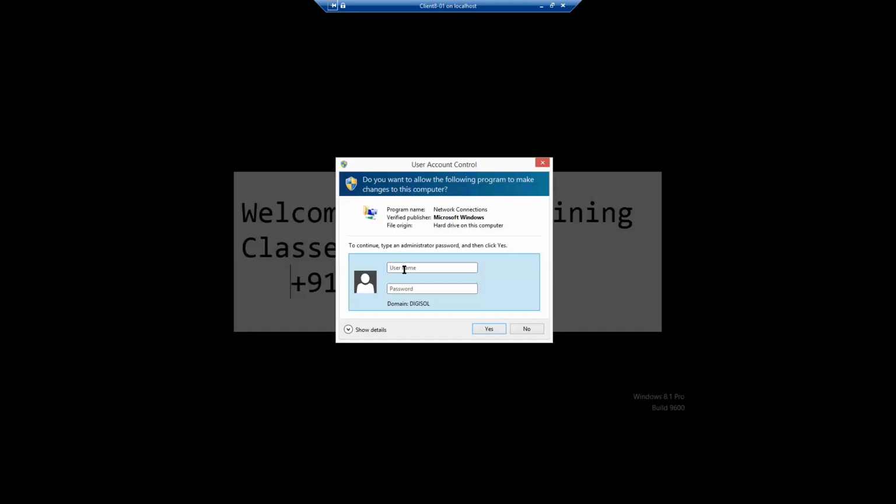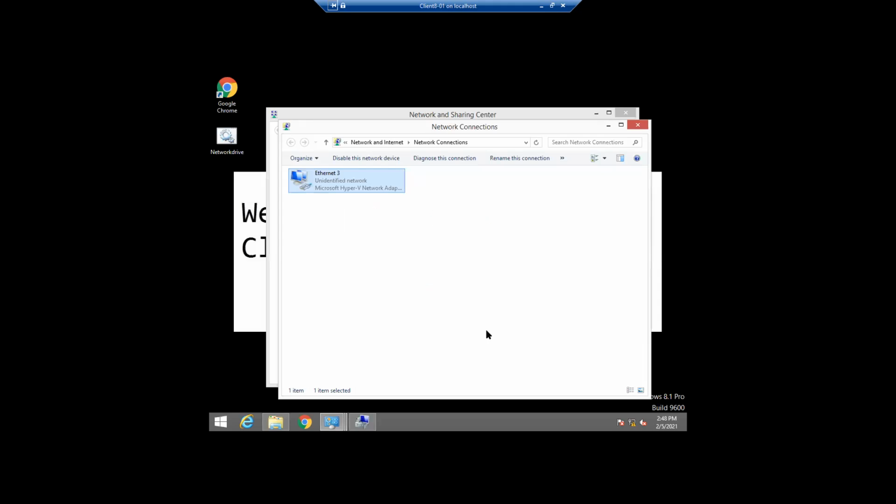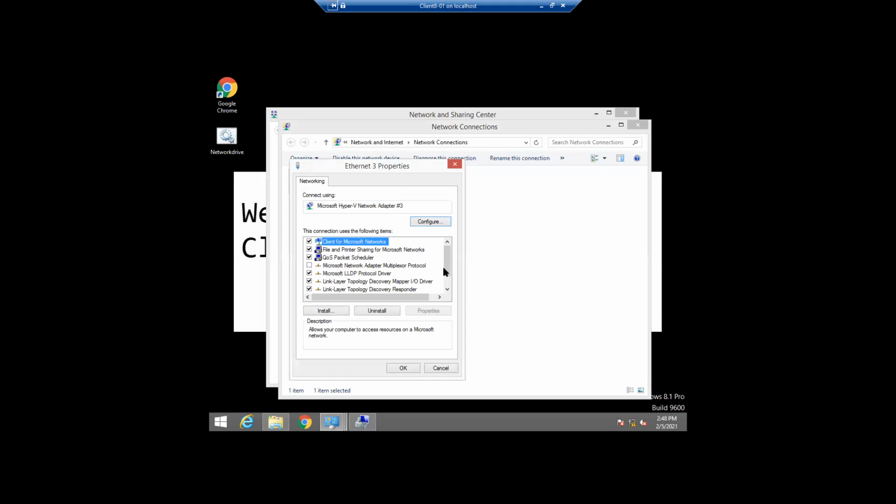Right click. So client 8 hyphen 01 admin, password, it is supposed to work, I believe. Okay, now it is open, right?